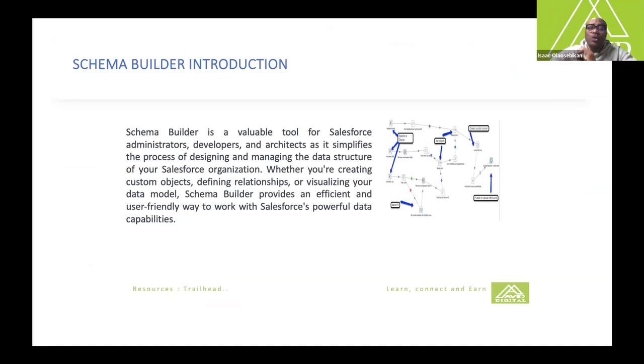There is another tool called Schema Builder. The Schema Builder is a valuable tool within the Salesforce platform for administrators, developers, and architects, as it is simply a process of defining, designing, and managing the data structure of your Salesforce organization. It helps you to visualize the structure of what you are building. When you use